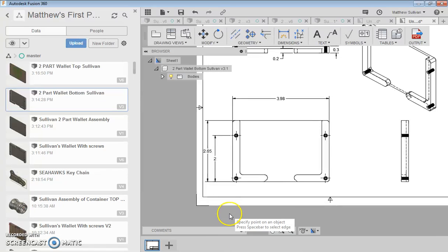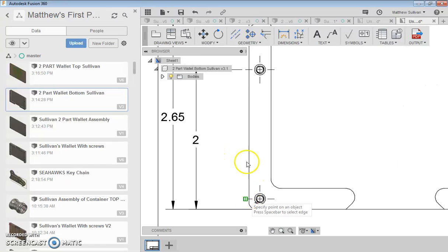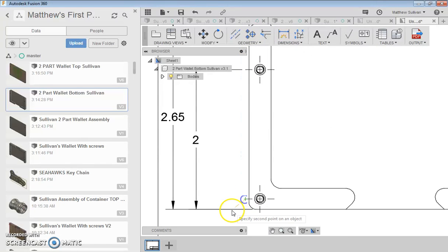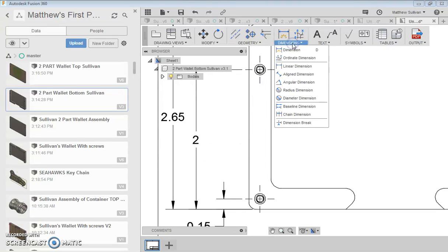And then the next set of very critical dimensions is these hole locations up on the y-axis. You're going to need 8 hole locations. So it's going to take you a little bit of time to do this, if you model this correctly,